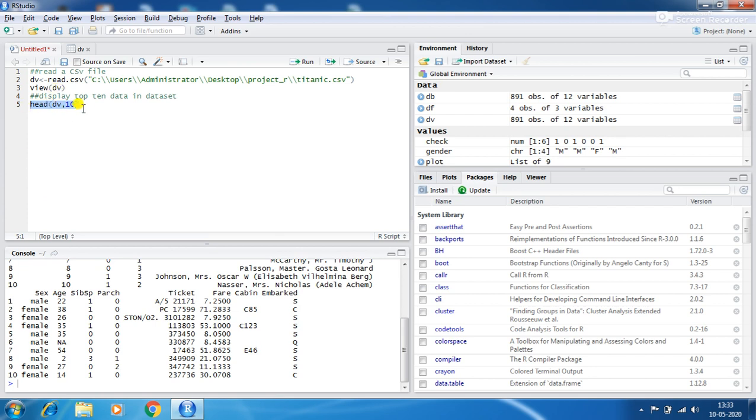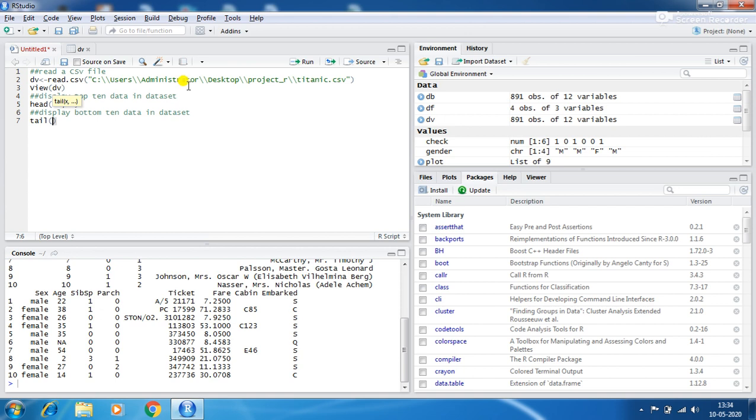Similarly, to display the bottom 10 data, that is tail.